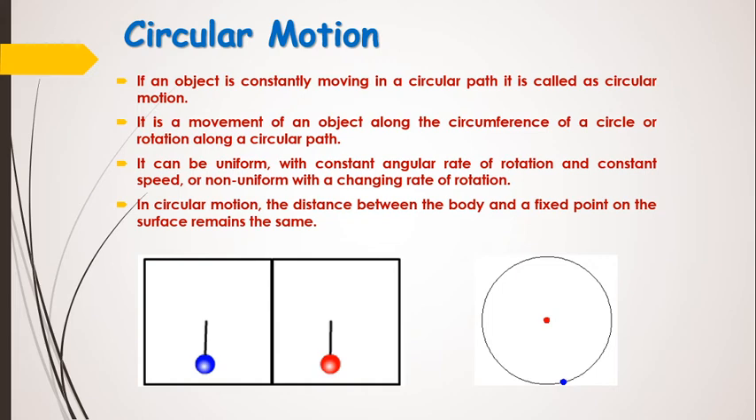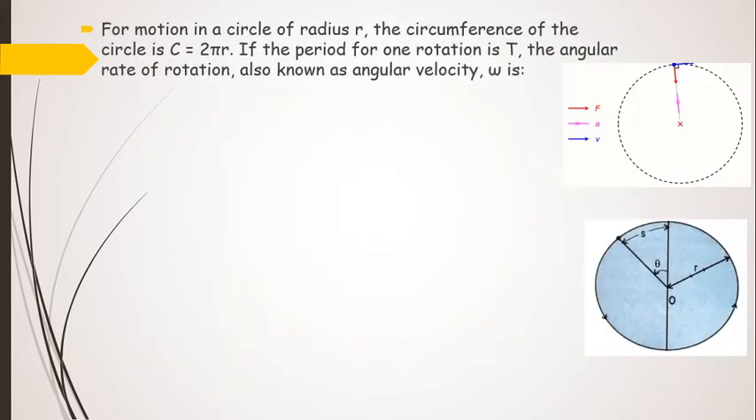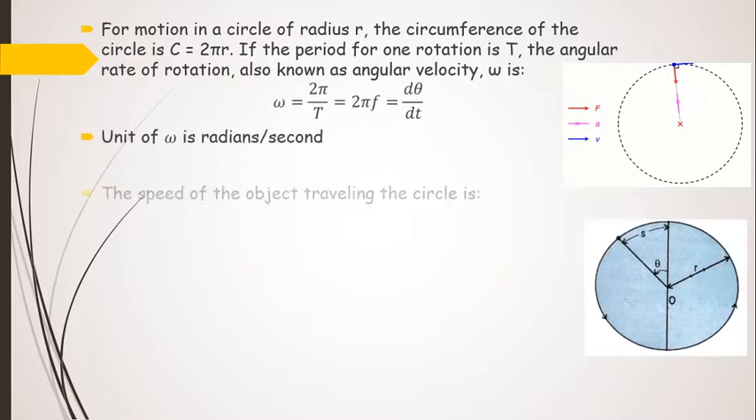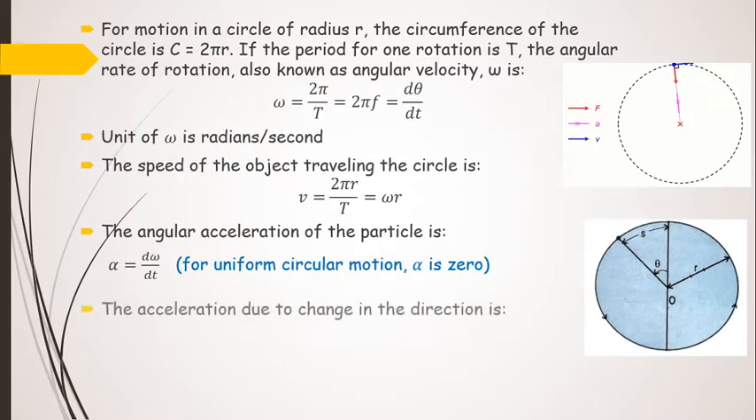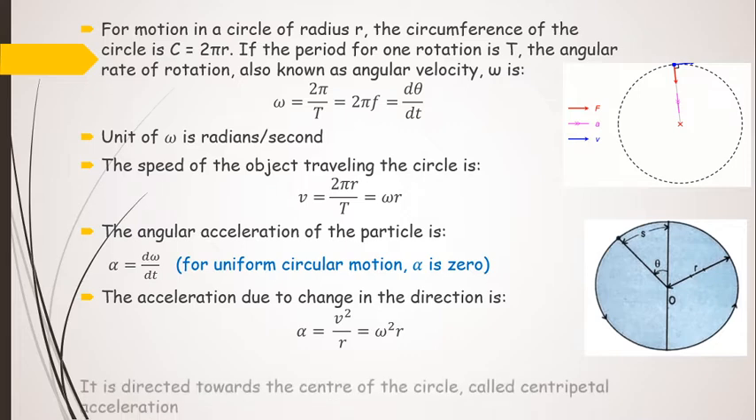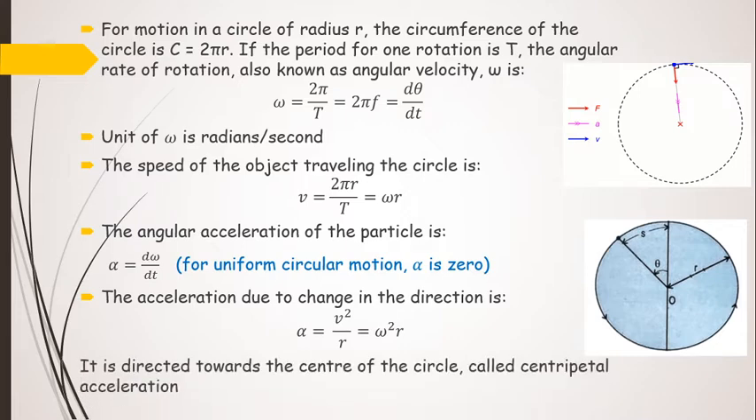In the last lecture we studied circular motion. In this video we will study some important terms and formulae related to circular motion. Let us consider a particle performing circular motion. The circumference of the circle is given by c is equal to 2 pi r, where r is the radius